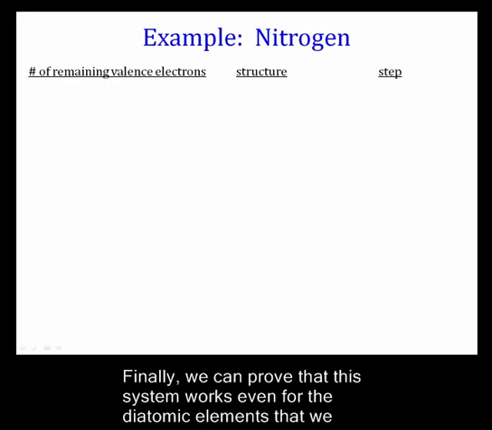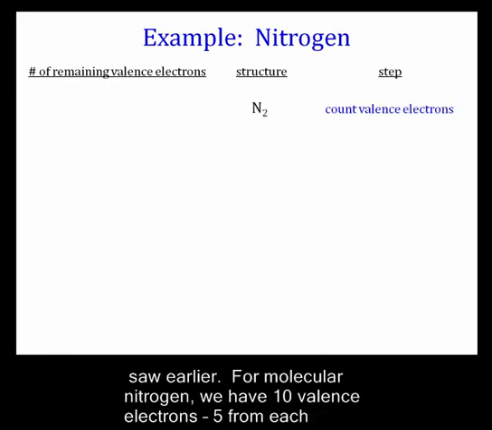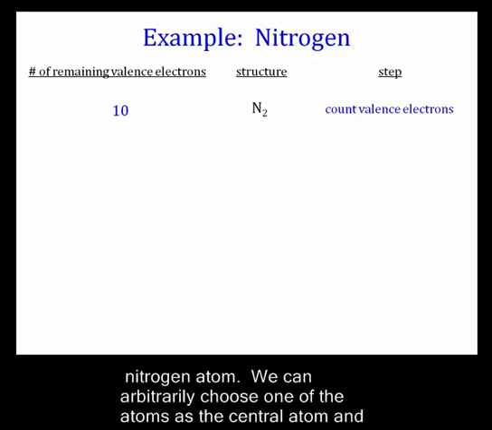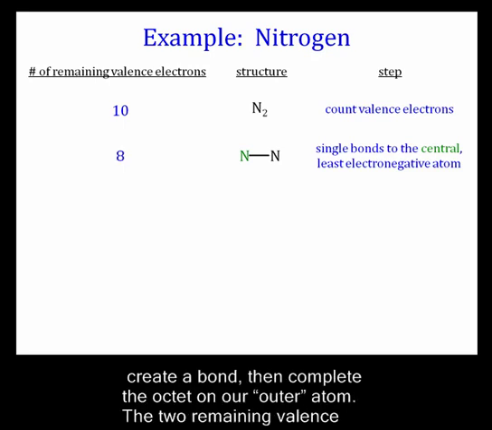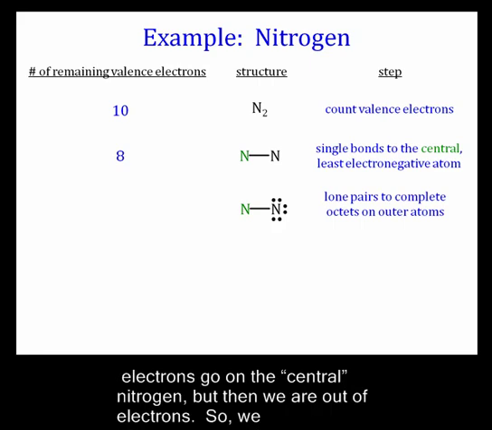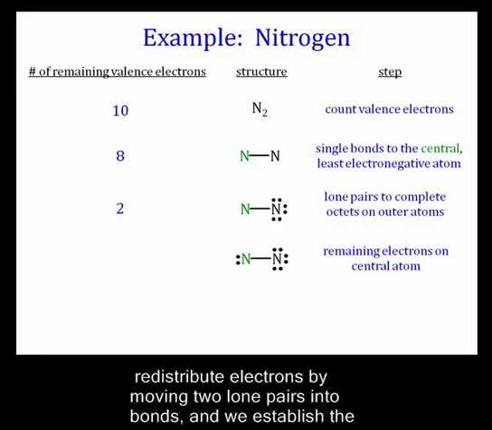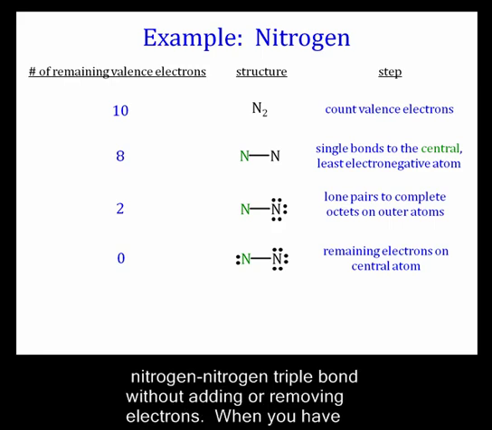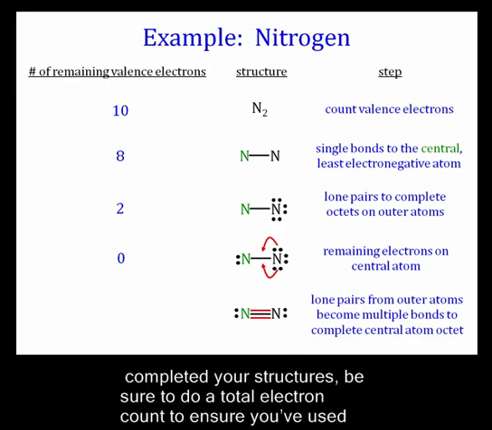Finally, we can prove that this system works even for the diatomic elements that we saw earlier. For molecular nitrogen, we have 10 valence electrons, 5 from each nitrogen atom. We can arbitrarily choose one of our atoms as the central atom and create a bond, then complete the octets on our outer atoms, or in this case, the octet on our outer single atom. The 2 remaining valence electrons go onto the central nitrogen atom, but then we're out of electrons. So, we redistribute electrons by moving 2 lone pairs into bonds, and we establish the nitrogen-nitrogen triple bond without adding